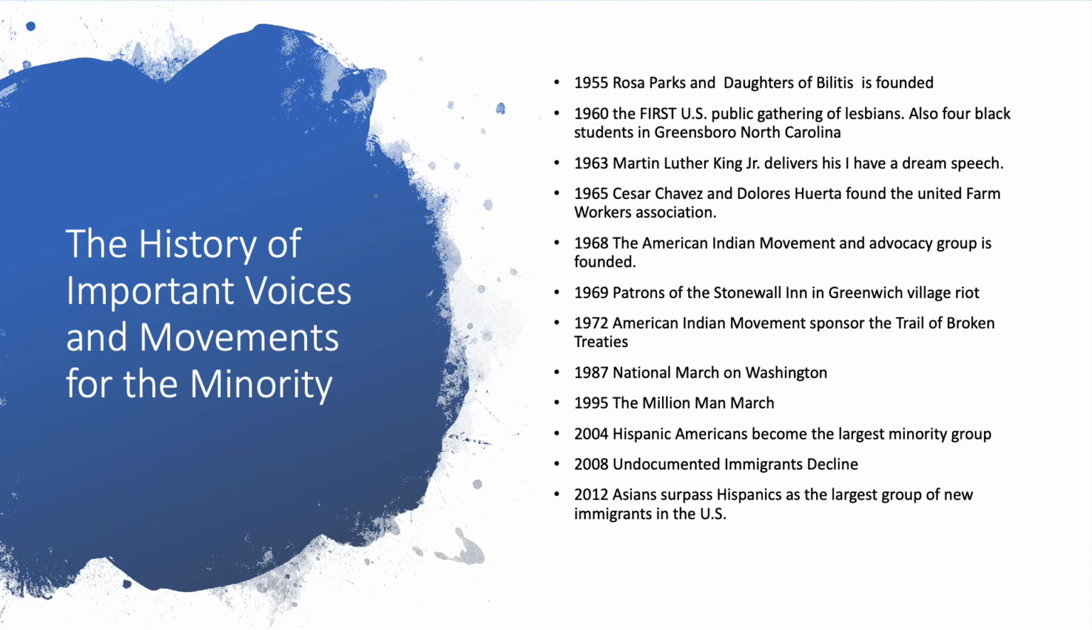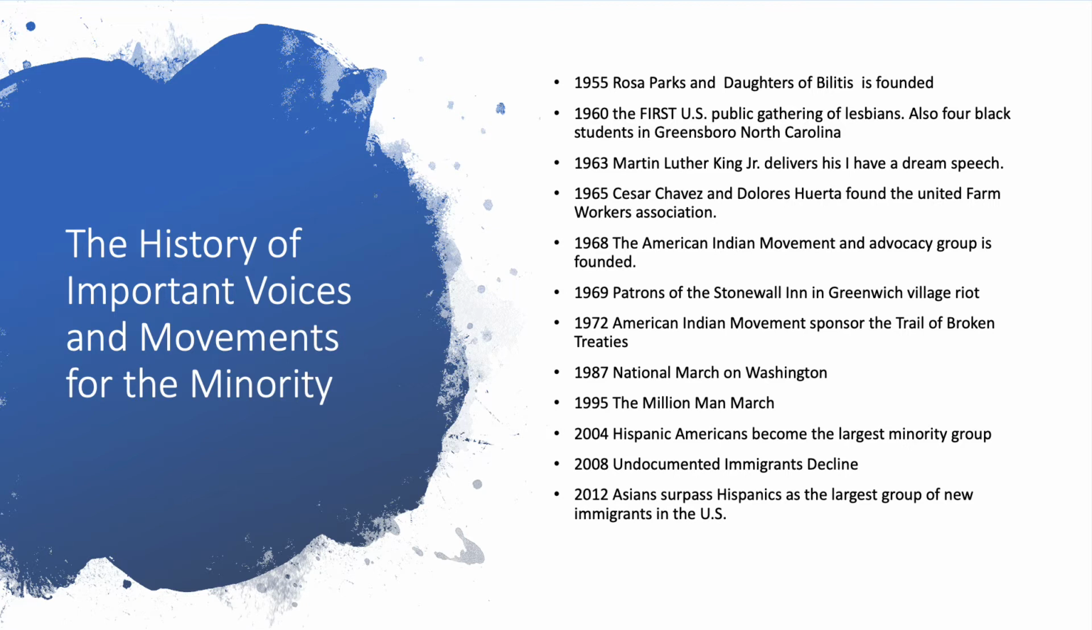Also in 1955, Daughters of Bilitis was founded. This is the first lesbian political rights organization. In 1960 was the first U.S. public gathering of lesbians. Also in 1960, four black students in Greensboro, North Carolina sat and ate lunch at a